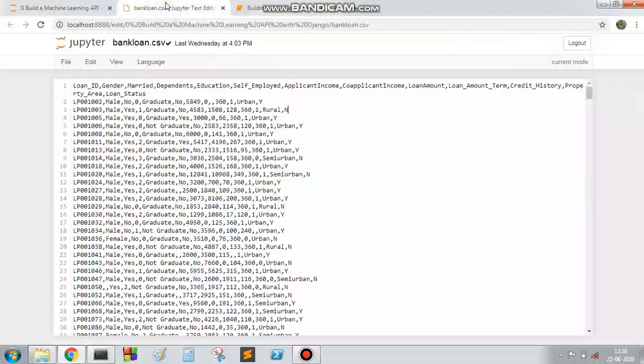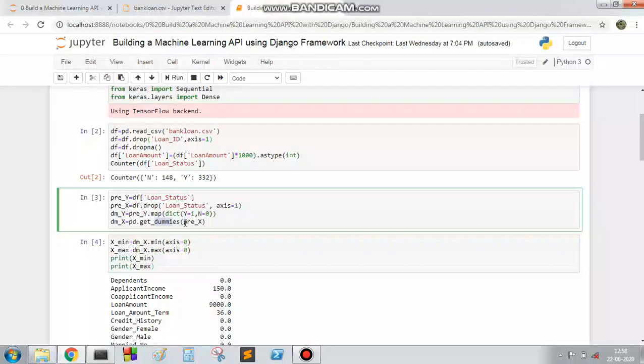Because look, suppose the property area column has urban, rural. This urban, rural needs to be converted to one hot encoding. To get the one hot encoded value, we use pandas get dummies. This will simply give one extra column for each different element in a column.